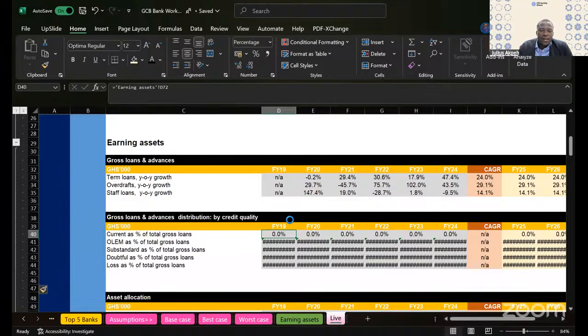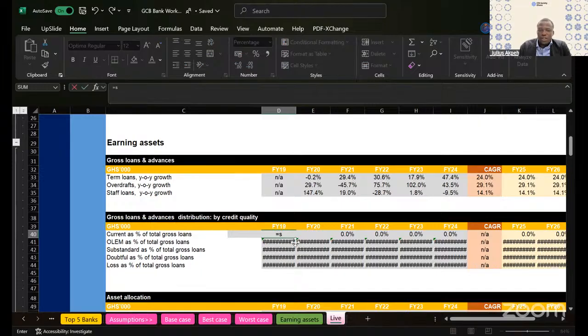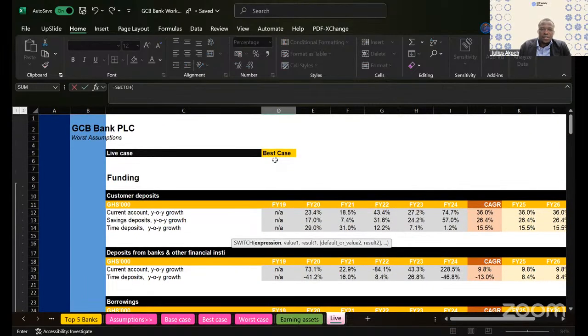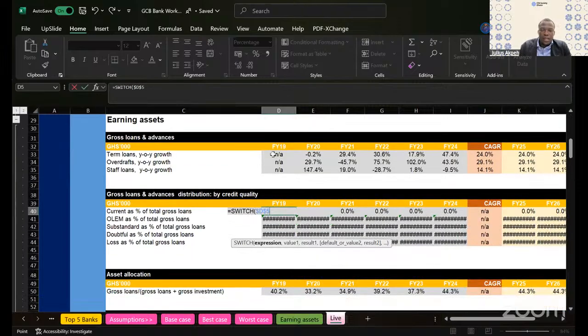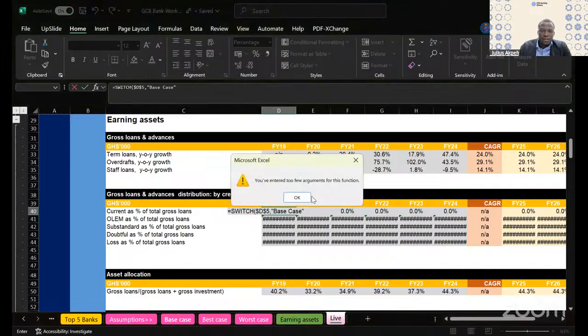But in this case, the question is whether my formulas, I can just copy them and put them. I can't just do that at all. So I need to put in the switch formula again. So I do the switch, and my expression is this. I anchor it, and then I say, comma, anchor this. I say if it is base case,